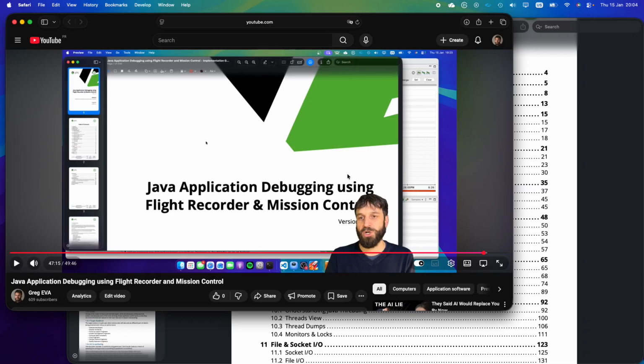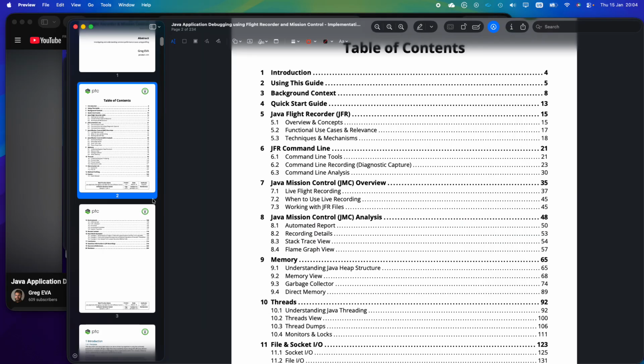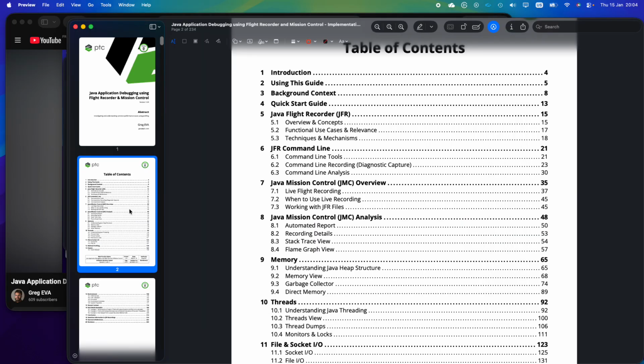So who's the audience for this? Obviously, different levels of people are going to dive into this at a different depth. But anyone really who's working with Java applications, you don't even need to be a Java developer. You know, if you're technical support, if you're trying to understand some problems within a Java environment, I would definitely suggest